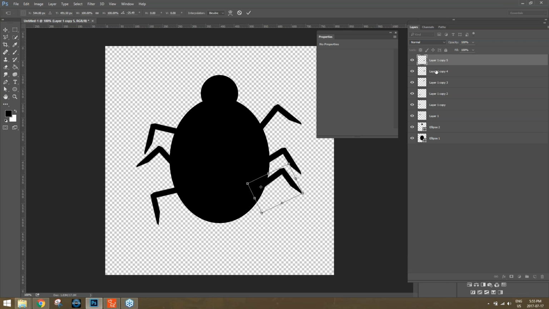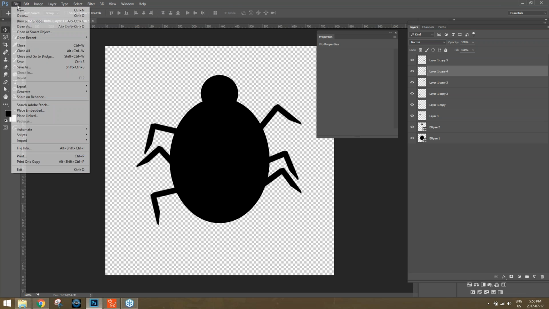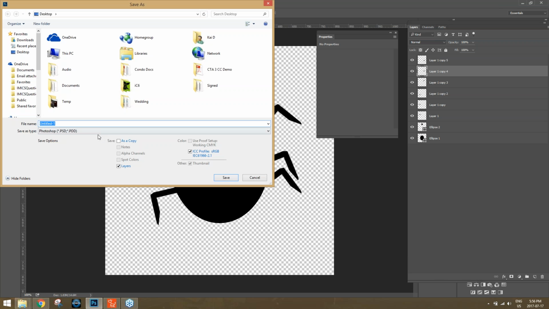Okay, just like that, and then enter. Control T for the middle one, and just rotate that. Whoops. Need to make sure we have the pivot point right here, and move it downwards. Okay, so what we have is the first position of our spider animation. So what I'm going to do is save this out as a PNG file